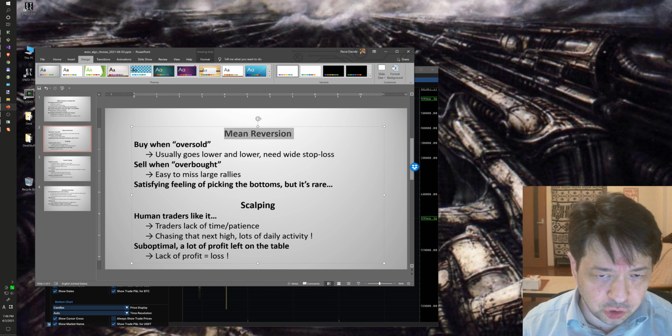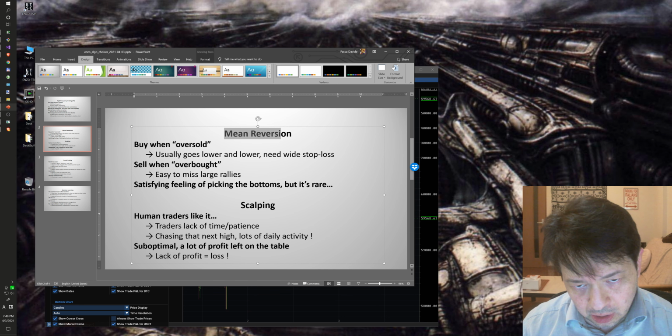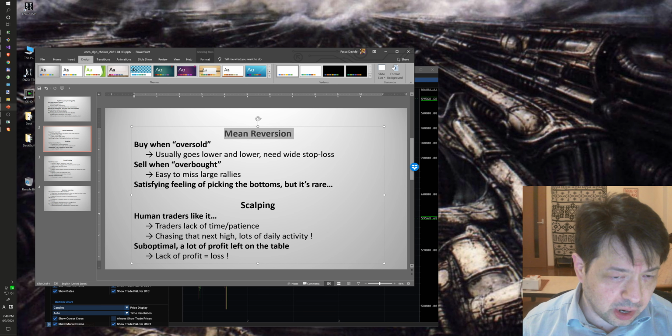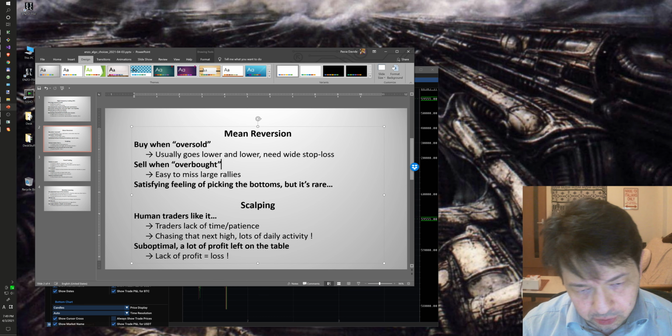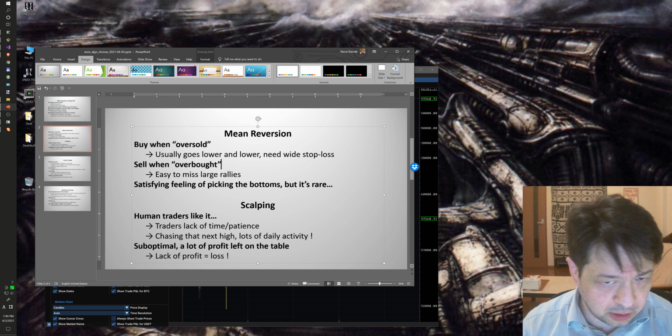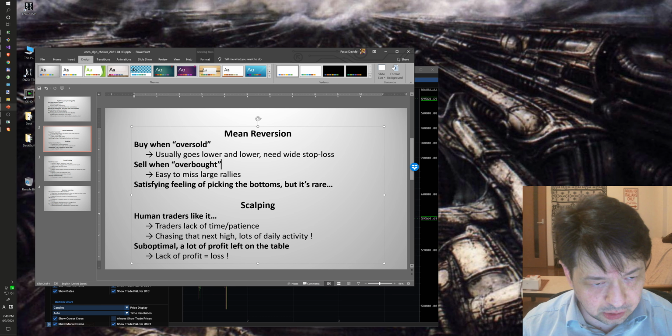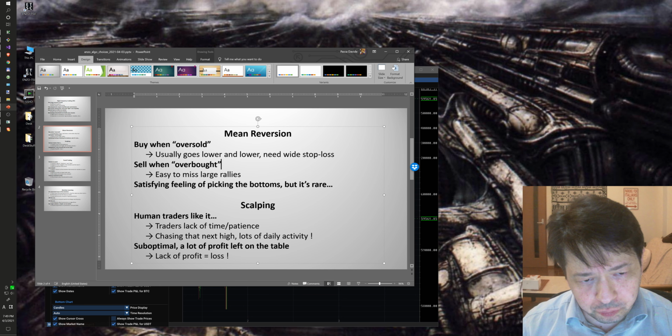Of course, mean reversion in general can still be applied, but it should be on certain markets, or perhaps not on an individual market, but on an ensemble of markets. So it's always a bit more complicated. But in general, I don't think it worked well for us.